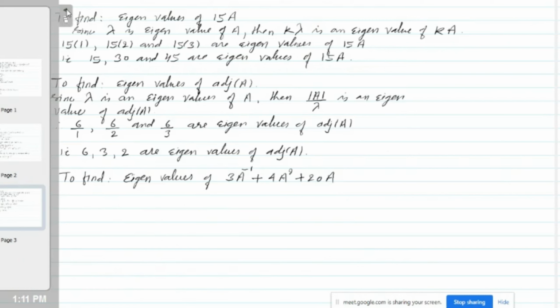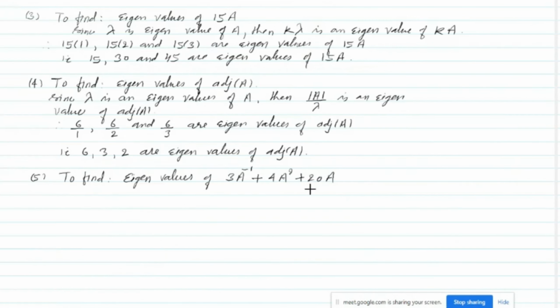Okay, we have to find the eigenvalues of this expression. Okay, again we write, since 1, 2 and 3 are the eigenvalues of the matrix A,